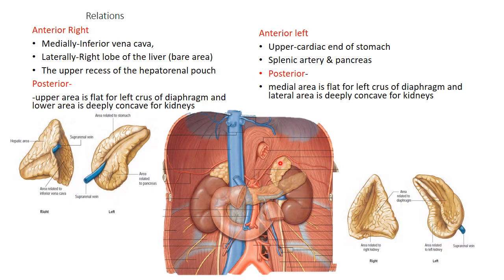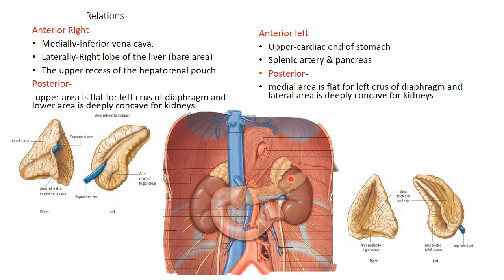For this, it is left suprarenal gland. So anterior relations of the left suprarenal gland, it is related with the cardiac end of the stomach. So here this is actually the peritoneal relation because the stomach is going to be separated from the part of the lesser sac. So between the suprarenal and the stomach, there is a recess of the lesser sac there. So this is peritoneal relation.